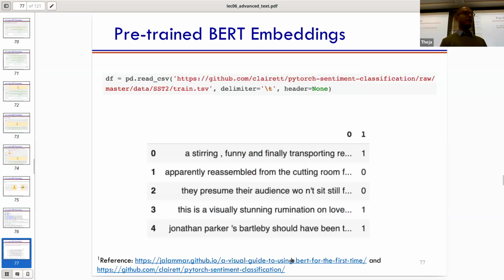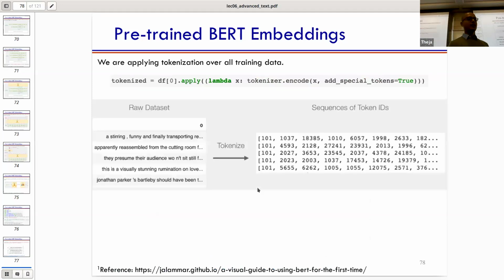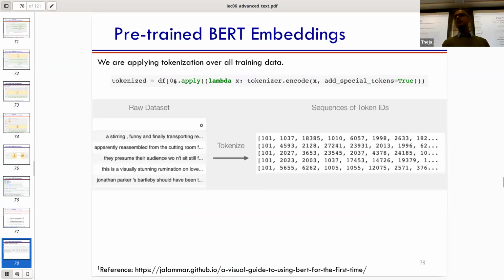Here I'm just showing a pandas data frame. If you have a column with a bunch of sentences, then you can apply an operation on that column. You can name the column if you want, but you can use the .apply operation to apply a function on every element of that column. So we're just calling exactly the tokenizer.encode function. Okay, you might have done something like this in assignment 3, so it should not be new. And add special tokens is true because we care about the sentence level embedding that we want to use for sentence classification. Okay.